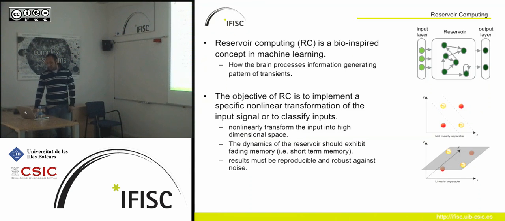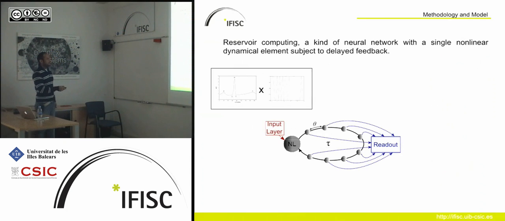Given this, we use a particular topology for the reservoir. Still, we have an input layer. Here we will have the reservoir, and I will call right now this the output layer. So we keep the same thing, except that we change the topology of the reservoir. Instead of having that reservoir where the nodes were connected in many different ways, we have a reservoir in which the nodes are connected one after the other.